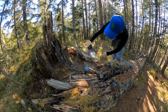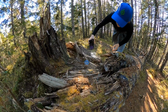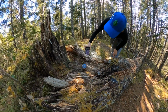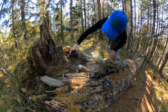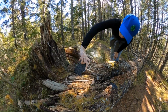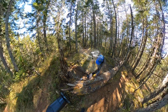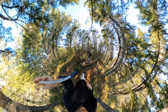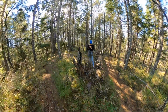But what's interesting about these property markers is that the property is owned by someone and this is an object that's supposed to mark that, yet there's a lot of common area and common use of even private property in Nova Scotia. So in this case, there are old roads that are still public land and that butt up against various private properties, but